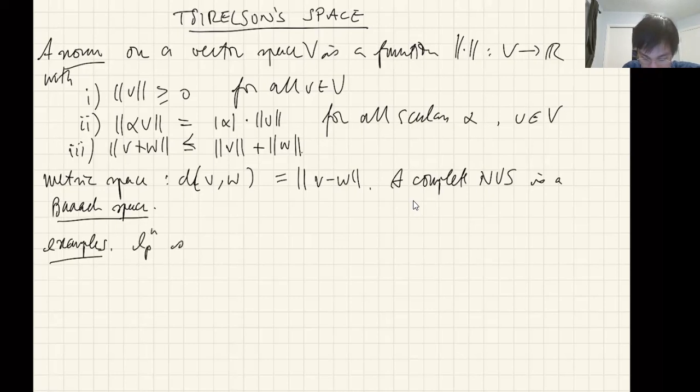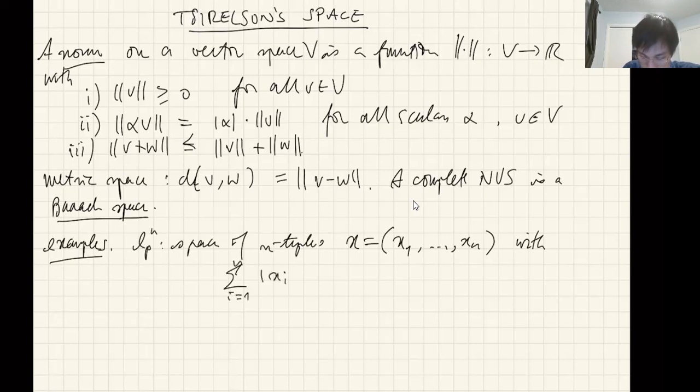This is the space of n-tuples x equals x1 up through xn with the sum, i equals 1 to n, of the absolute value of xi to the power p, and then you take the pth root, and we want this to be finite. If this is finite, then we can set this to be the norm of x, and you can check that it satisfies 1, 2, 3. And of course,